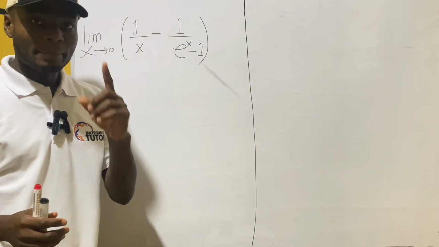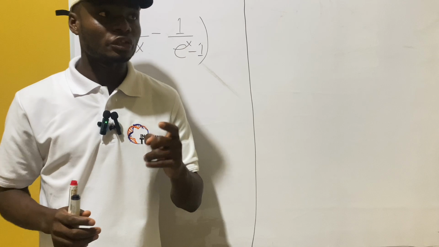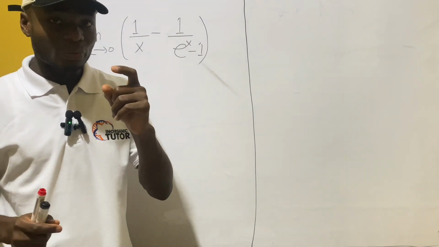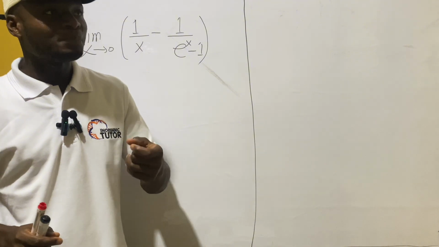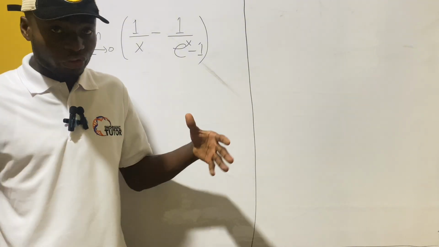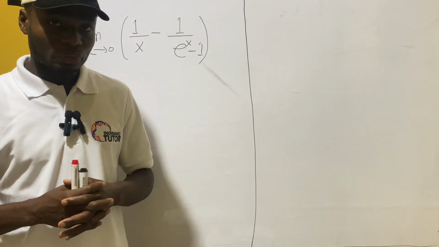We can only apply L'Hopital's rule when we have a rational function. Of course, when we have 0 over 0, which is indeterminate, or infinity over infinity, which we don't know the solution to, then we can go ahead and apply L'Hopital's rule. So here,